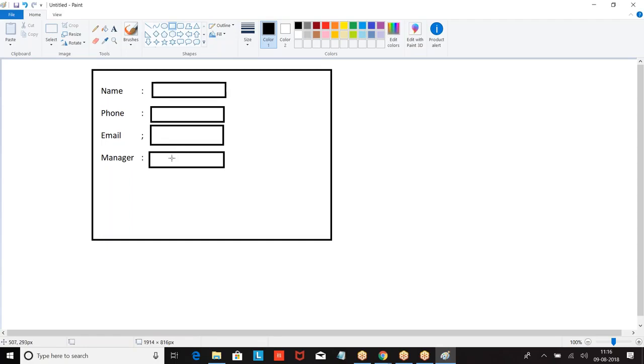Whom are you going to select? Do you know whom you are going to select? Everybody is going to select the same person? No. Person to person, record to record, the manager will change. That is the reason I cannot share it with manual sharing or owner based sharing or criteria based sharing. I have to write a program to share this record. That is how we go for Apex based sharing rule. Are you clear?